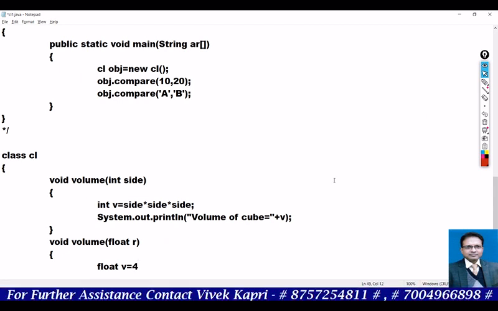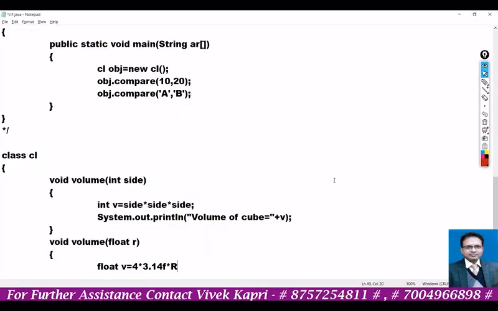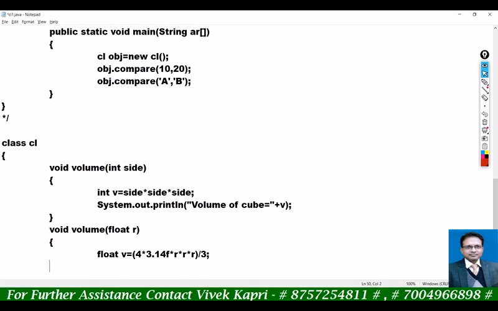So how to write? 4 into 3.14f into r into r into r, divided by 3. Now print.